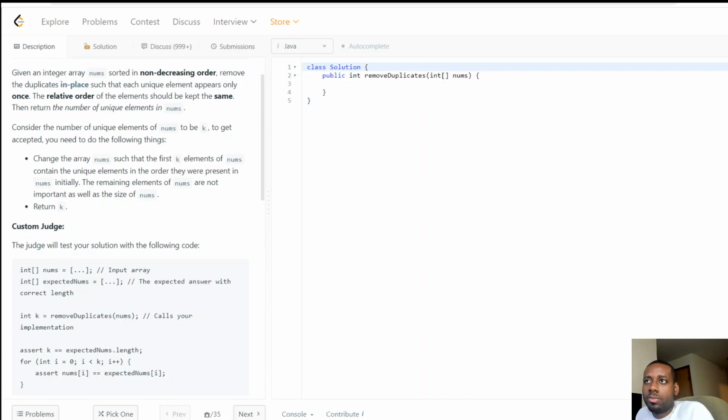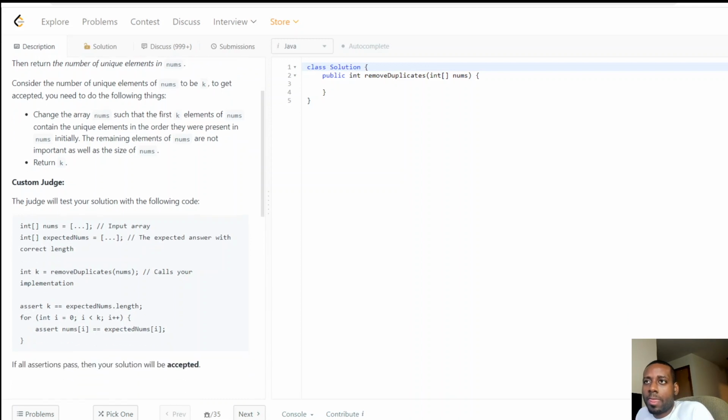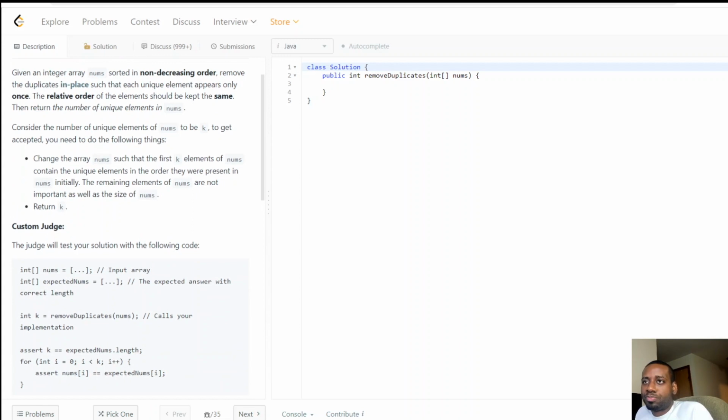To get accepted, you need to do the following things. Change the array nums such that the first k elements of nums contain the unique elements in the order they were present in nums initially. The remaining elements of nums are not important, as well as the size of nums. Then return k. So to just clarify everything,